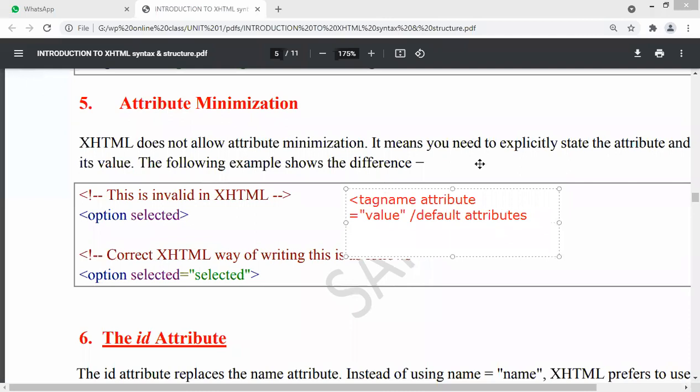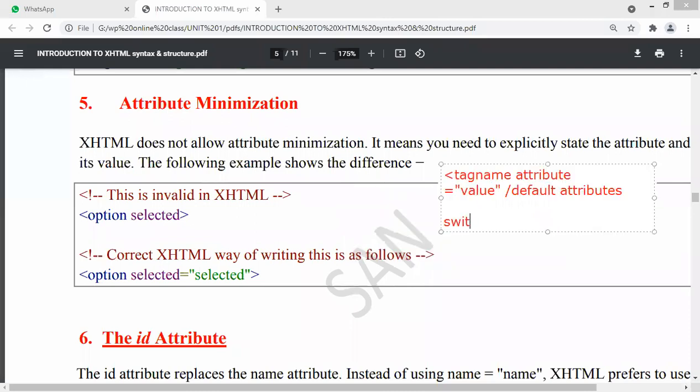For example, let us take a switch case. If you're writing a switch case, you have case 1, case 2, and then you have a default.